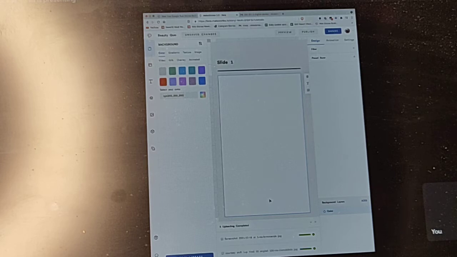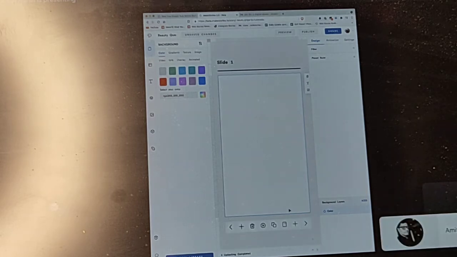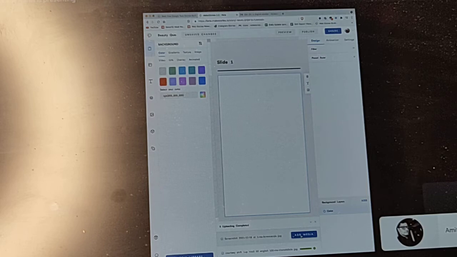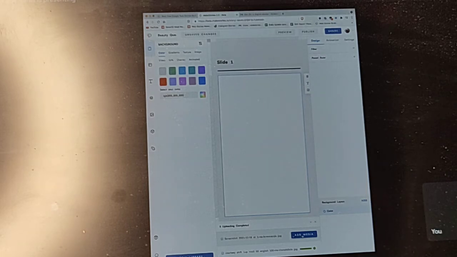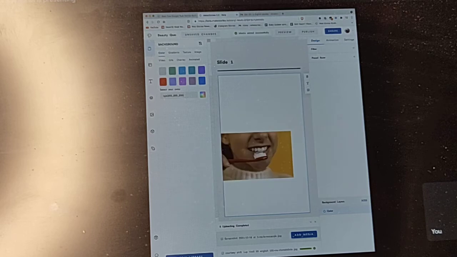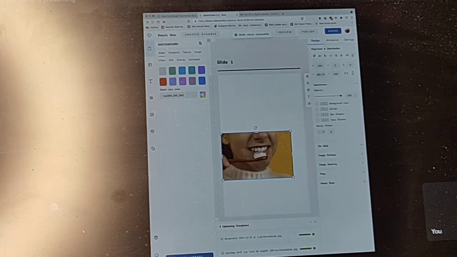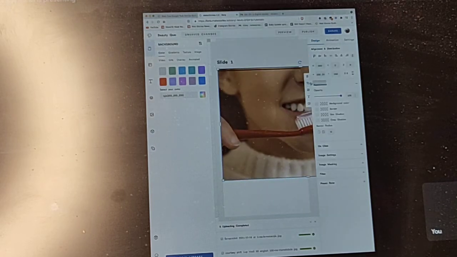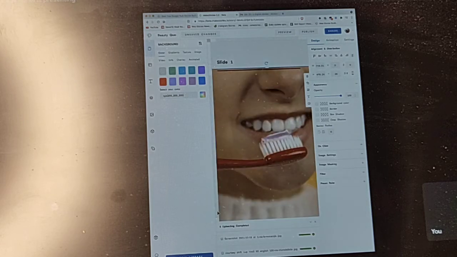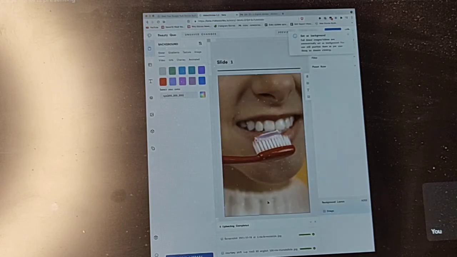I edited the footage and uploaded it, and after that the next step is to add media. When you have uploaded, you go on the tab, and there will be this add media option. When I do this add media, it will add that media to the slide. We have to fill it to the ends and then put text.